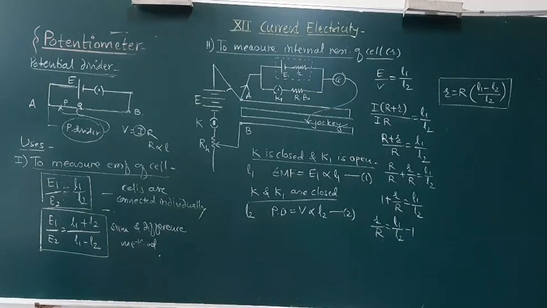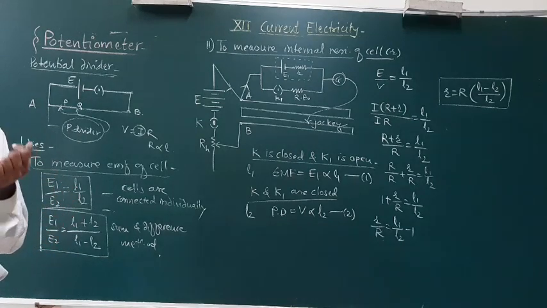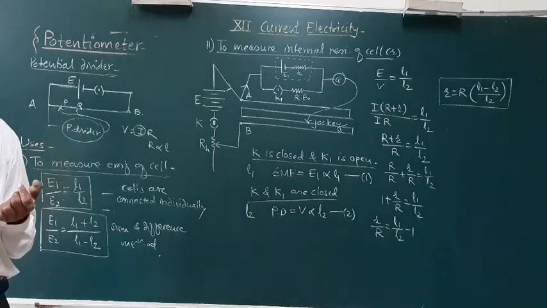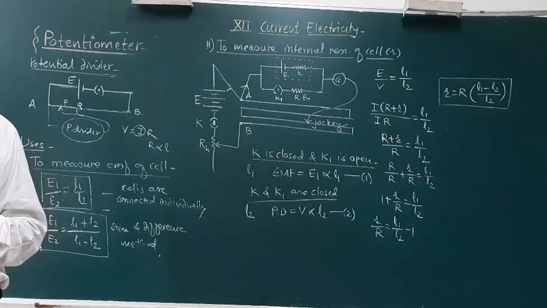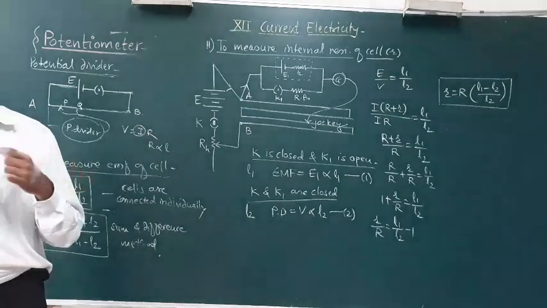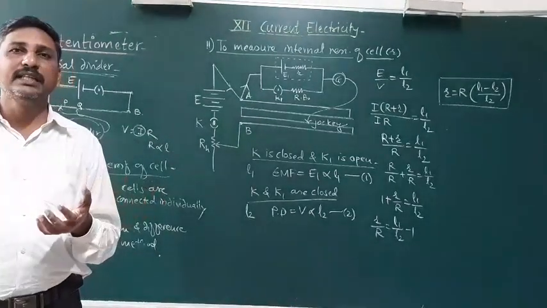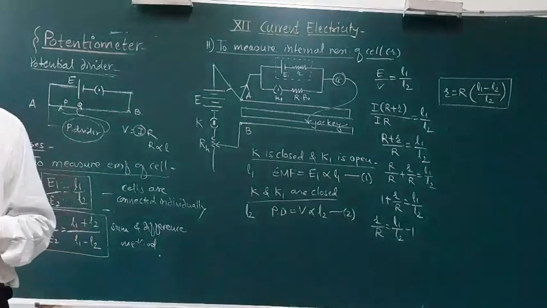Then the next use of the potentiometer is as an audio controller. How does it control the audio? By varying the potential, it controls frequency, attenuation, loudness, and different characteristics of audio signals, that is timbre and pitch. These characteristics are controlled by this audio controller. And the last use is the potentiometer as a sensor. When the potential varies, those variable signals are amplified, meaning their strength increases, and it is used as a sensor.